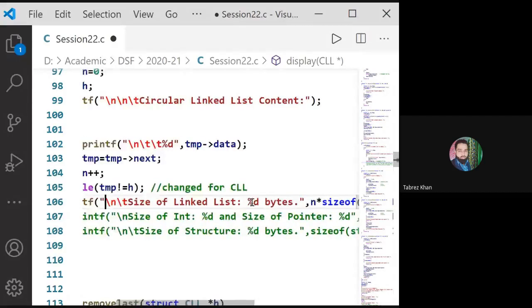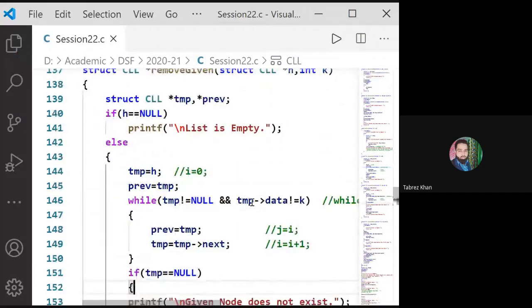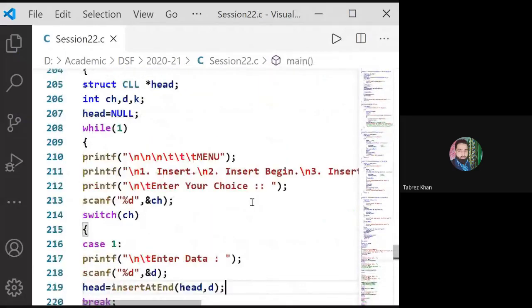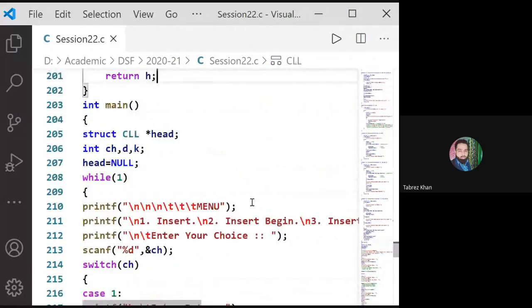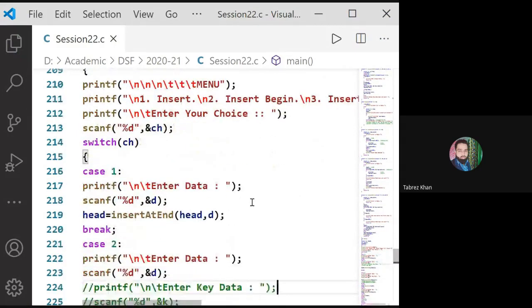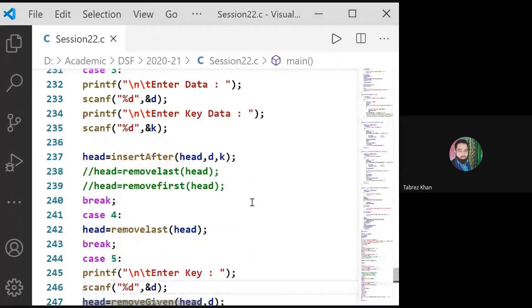I save it. Then we go to our main function. Let's see everything is fine there or not. We have a head pointer. We are initializing head to null, and then for the insert, we are calling insert at end for CLL, and for the display, we would be calling the display. Okay, so we can check this code. I save it, I compile my code,